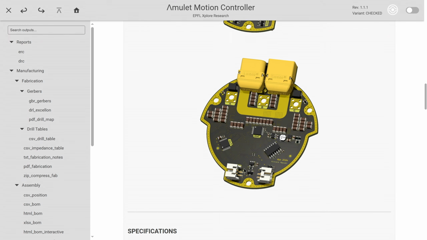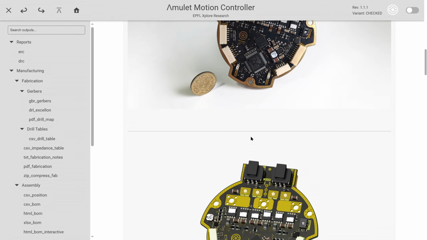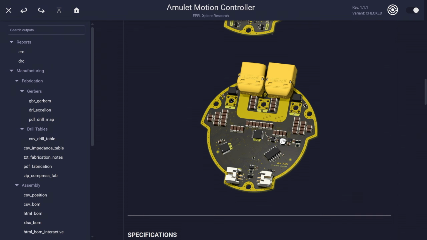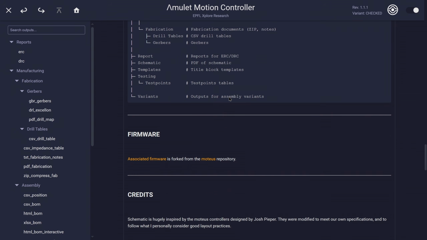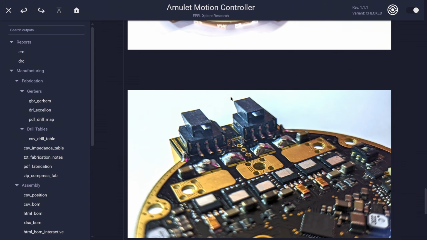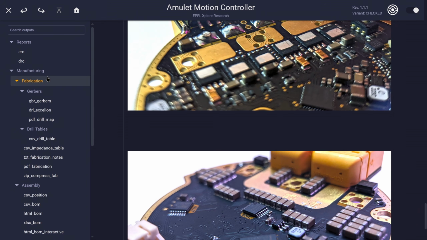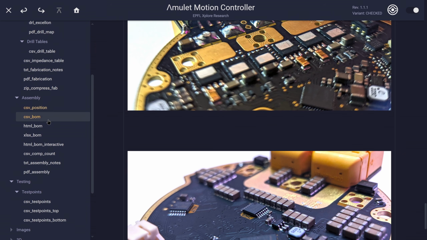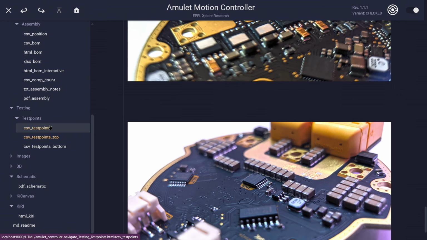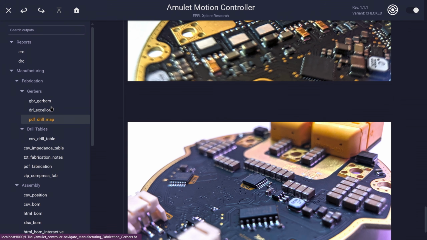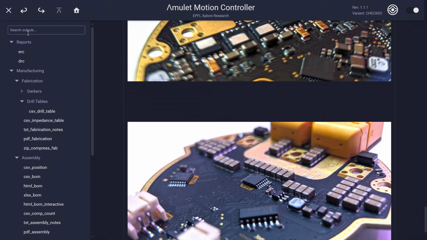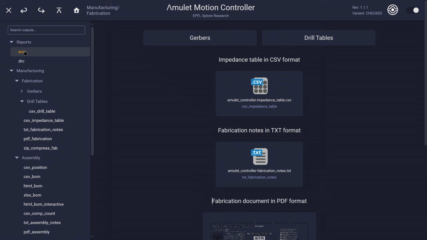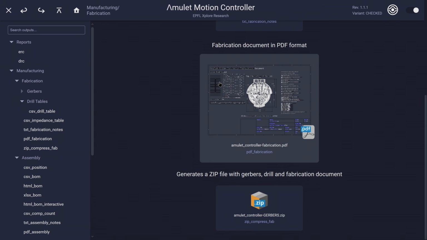It includes PCB dimensions and images that are also added automatically. You can of course fully customize this file, as I'll demonstrate later in the video. Apart from the README file, KiBot also generates various other outputs. First, let's have a look at the fabrication document. So if I search for the PDF in the navigation bar, it quickly redirects me to the correct file, so